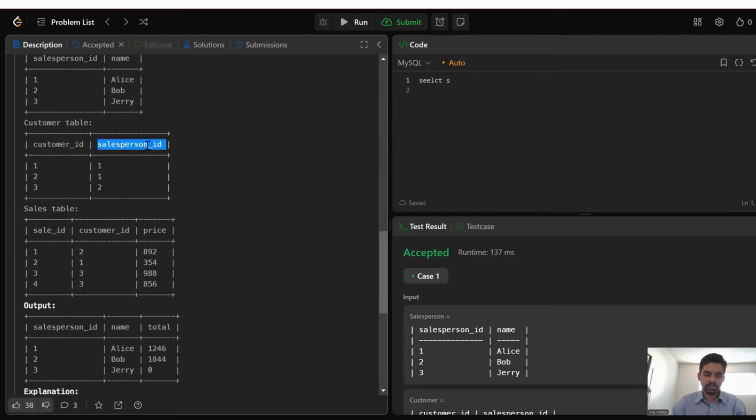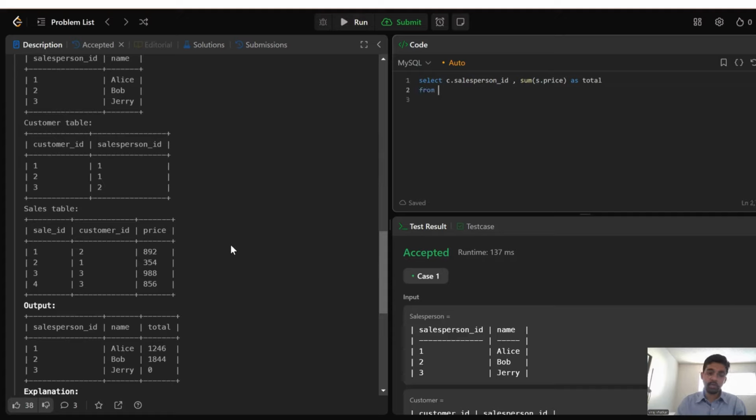So let's do it. Select s dot. For the customer table, I'm going to use alias C, and for the sales table it would be S. So I would directly jump to S dot price as total